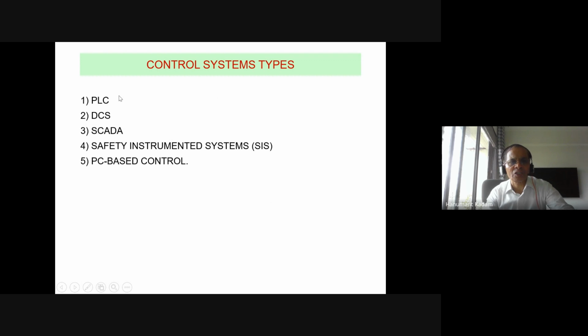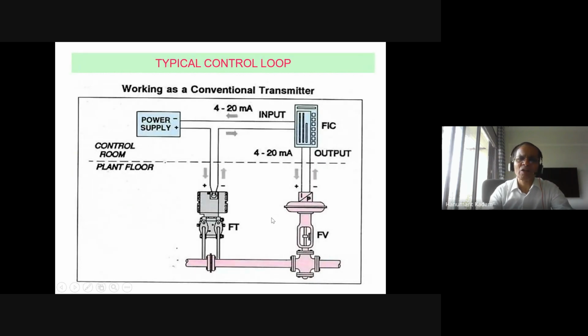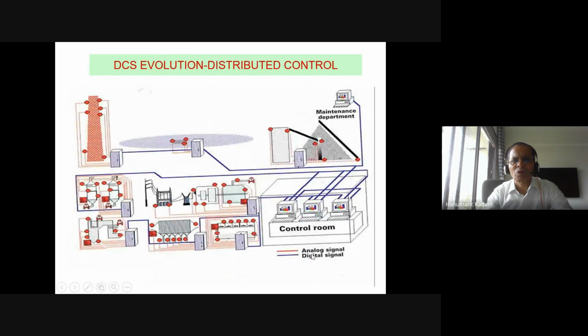There are various options in automation: PLC, DCS, SCADA, safety system, PC-based control. We'll discuss that DCS always has trends. Systems get upgraded fast because of the technology upgradation in computer hardware, software, cloud and all. We're talking about remote access. So technology always changes. This is a simple closed loop. But when you see when the system started,